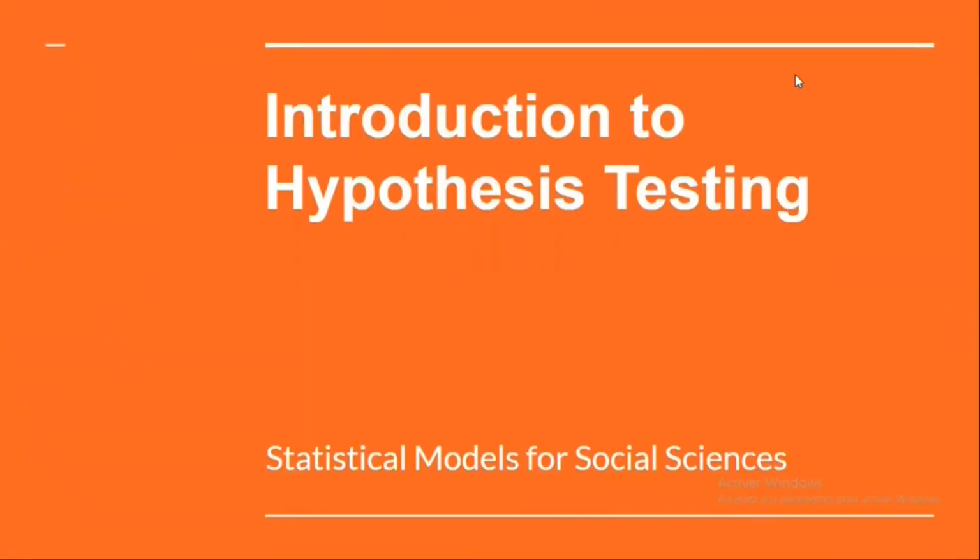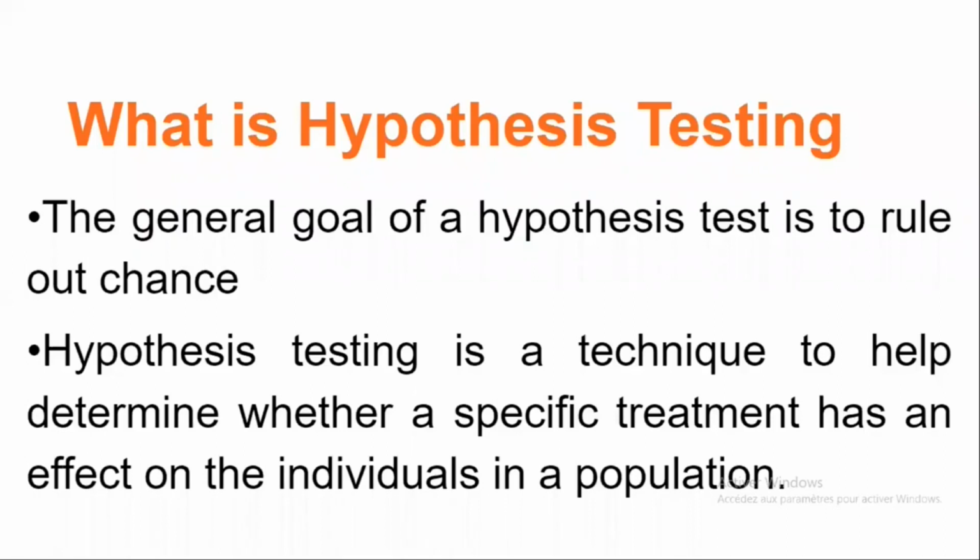We like to think of statistical hypothesis testing as the data analysis stage of a comparative experiment in which the researcher is interested, for example, in comparing the mean of a population to a specified value, e.g. mean pull strength. The general goal of a hypothesis test is to rule out chance, sampling error, as a plausible explanation for the results from a research study. Hypothesis testing is a technique to help determine whether a specific treatment has an effect on the individuals in a population. The hypothesis test is used to evaluate the results from a research study in which